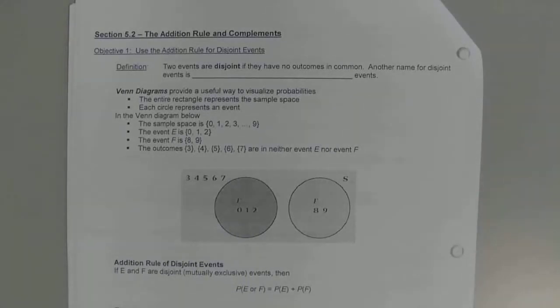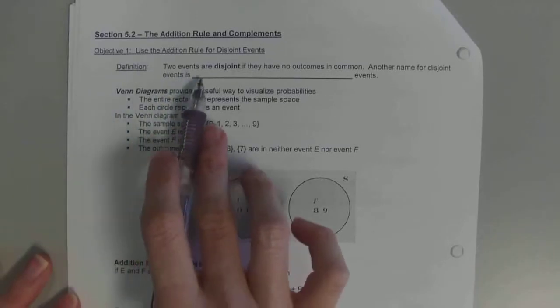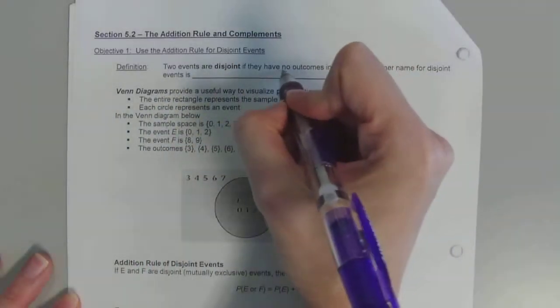5.2 is now getting into different ways of computing probability. It's called the addition rule and complements. So there's a key difference between 5.2 and 5.3 that I'm going to try my darnest to make sure you understand. All right? So the first definition we have going here, guys, two events are disjoint if they have no